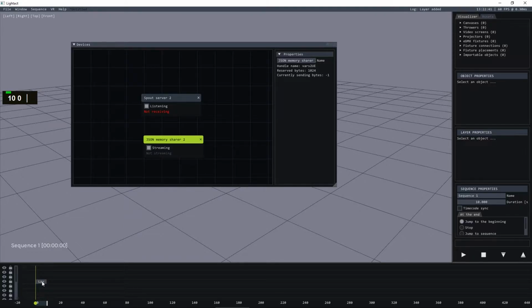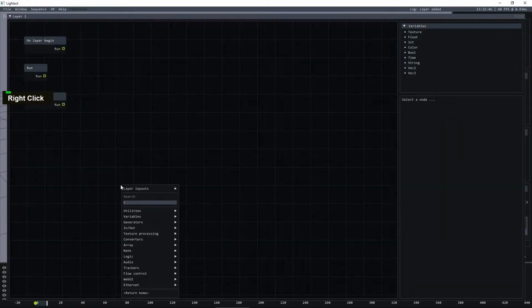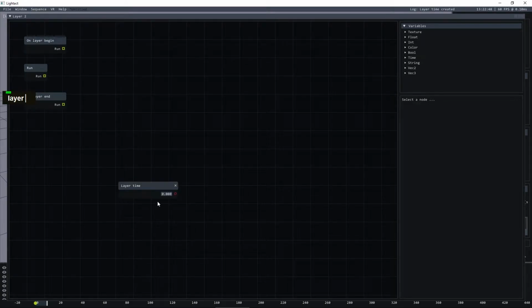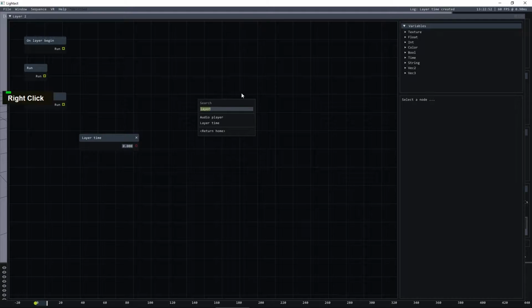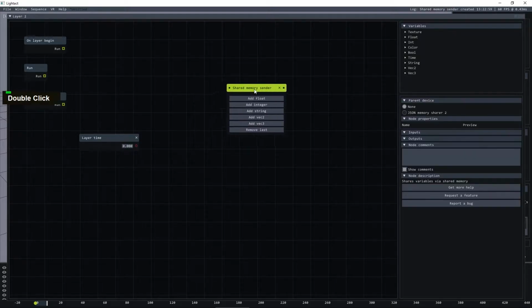Now we can double click it, and in here we want to create a node called layer time, and this node basically outputs the layer time in float, basically in seconds. And what we are going to need is a shared memory sender